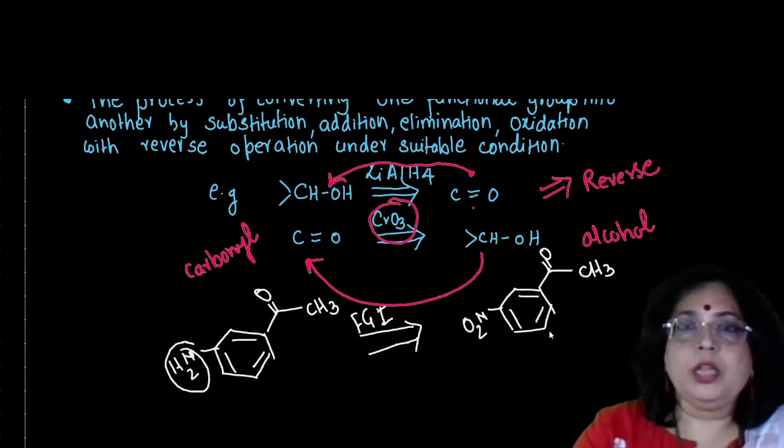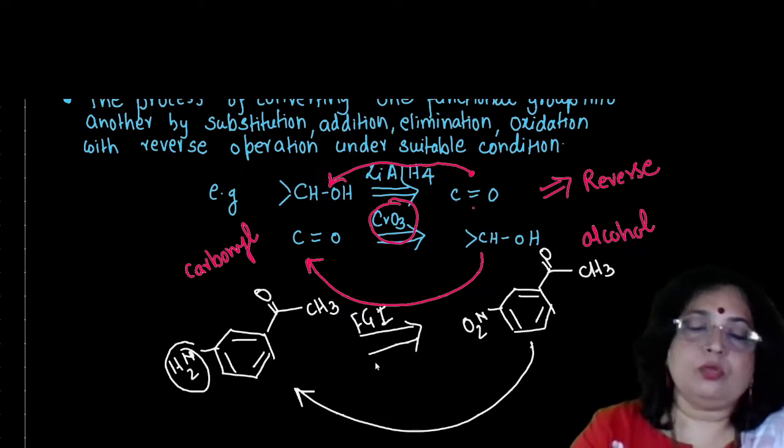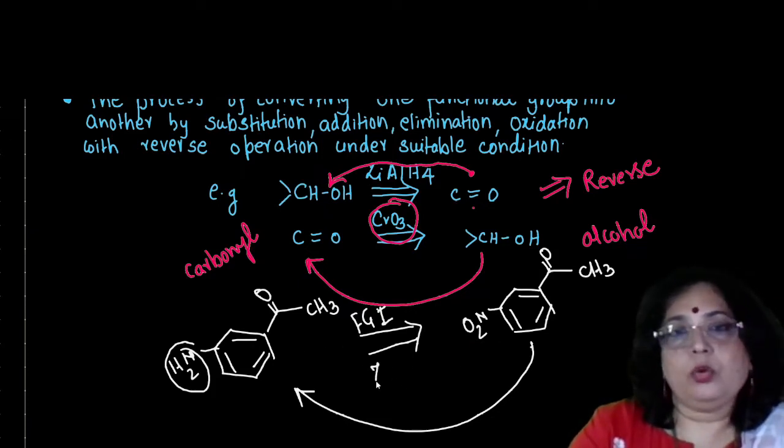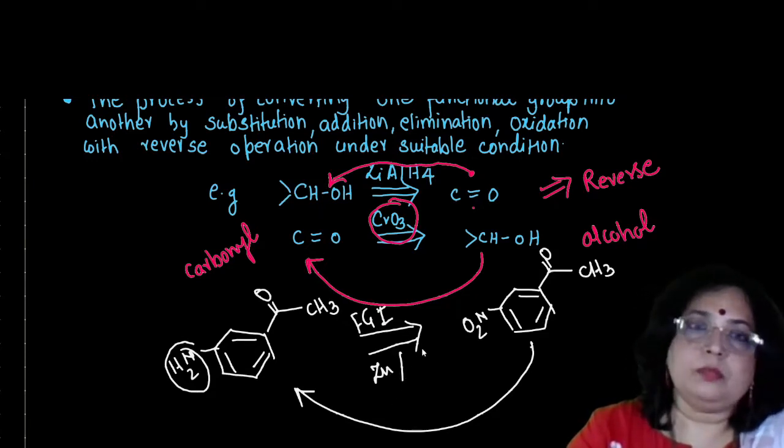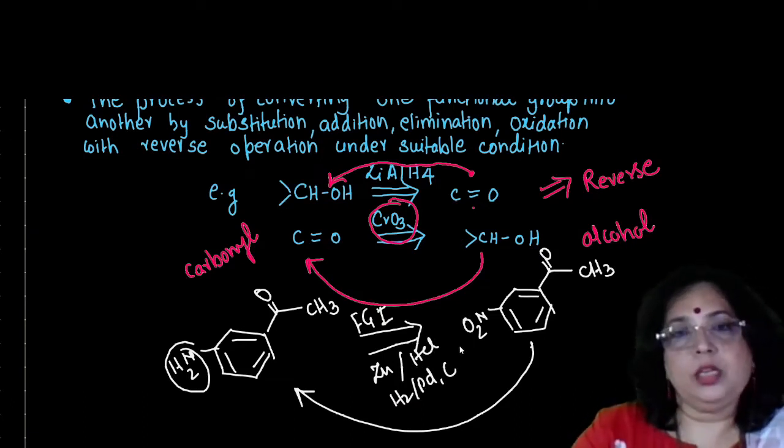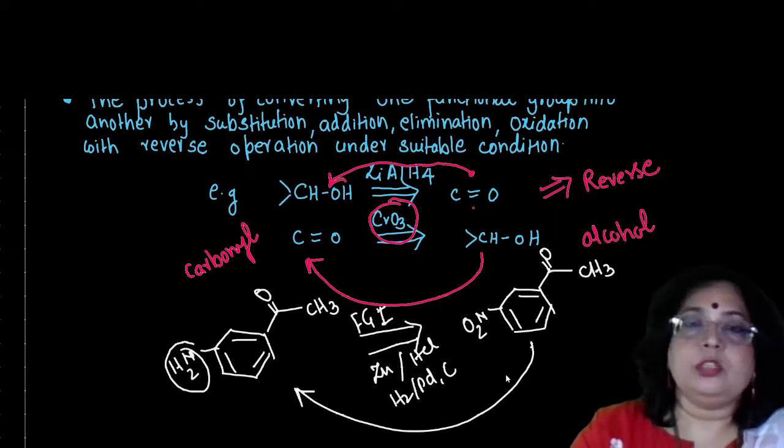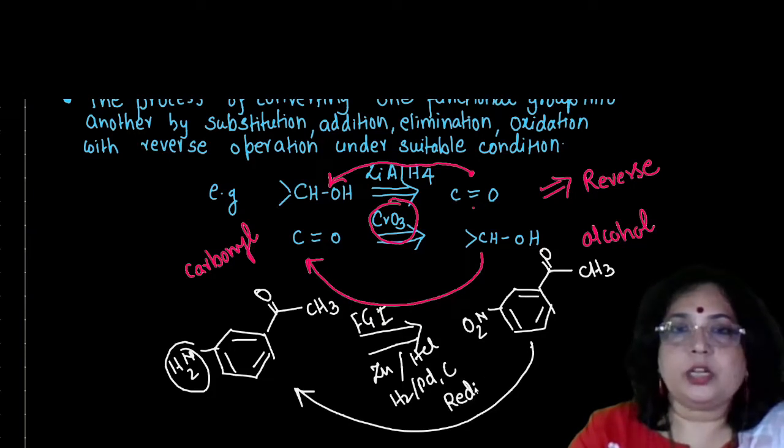All right. Now here again the conversion is from... So which reagent do I have to put over here? FGI will tell you that I have to reduce this one. So for the reduction, you can use zinc dust in the presence of carbon, or you can use H2 with palladium on charcoal. There are various reagents with the help of which you can reduce. So the reaction is called reduction.